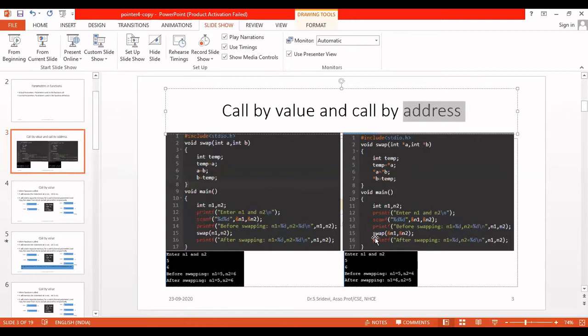Okay, so here, whom am I calling? The swap function. So what do I have to specify to the function now? I should not specify only the name. I have to specify the address. So the names of the variables are n1 and n2. Now I have to call the function by specifying the address of n1 and n2. To get the address of n1 and n2, we will use ampersand. So pass now ampersand n1 comma ampersand n2. So when this is executed, you are going to call the function swap by specifying the address.